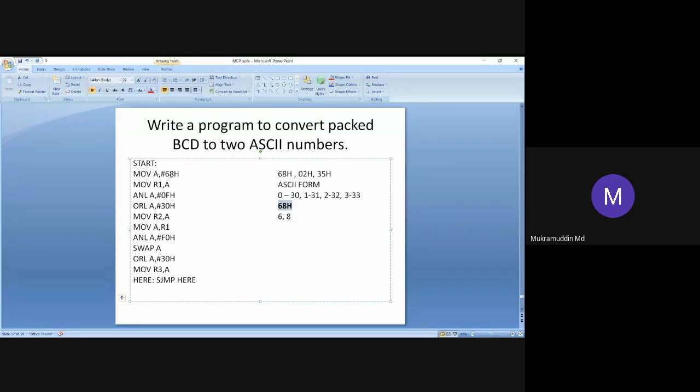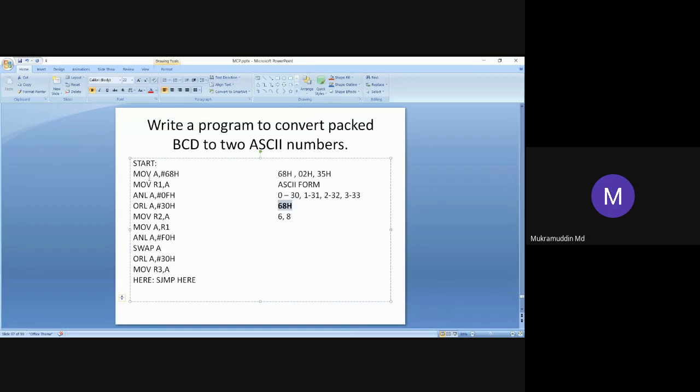So our packed BCD number is 68H. For this 68H, we need to split the packed BCD number into two unpacked BCD numbers, 6 and 8. We need to convert 6 into ASCII form and 8 into ASCII form. Means 6 should be converted into 36 and 8 should be converted into 38.